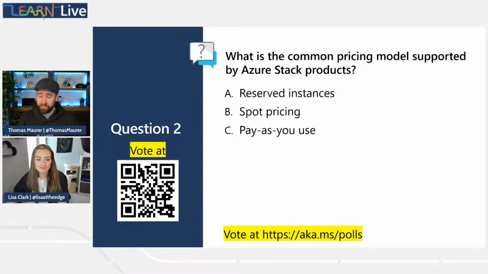We have B, spot pricing, which is also an interesting piece, which you can do in Azure. And then we have C, pay as you use. I think that is like a common cloud billing model, obviously. You would expect that one, wouldn't you? Sorry? You would expect pay as you use. Yeah, and I think we will come back and have a look if that's